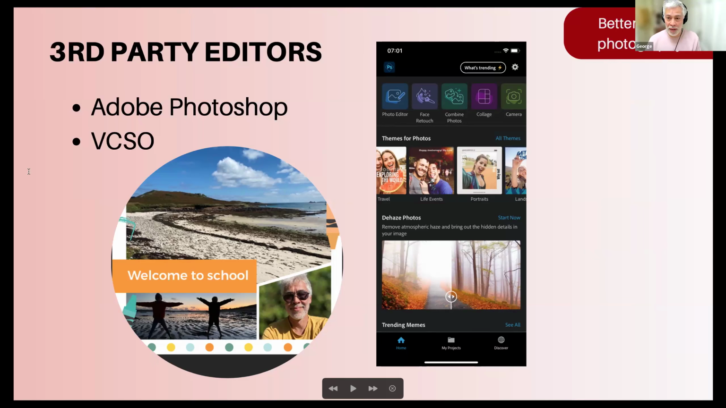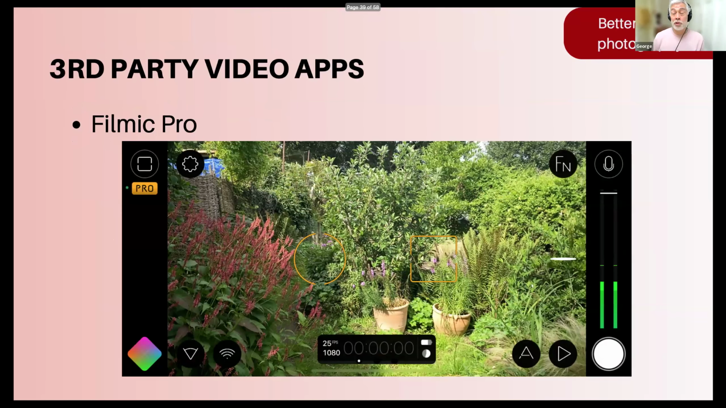What's trending, for example, which is this button up here, allows you to turn your photos into more social media ready things, combining photos and photo editors, where you stick a bunch of photos in and it puts a collage together. So you get more fancy by using these third-party editors. If you're talking about video, there are third-party video apps. And what do they do? They turn your phone